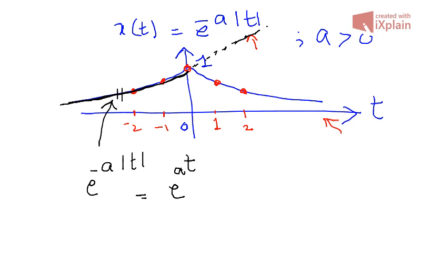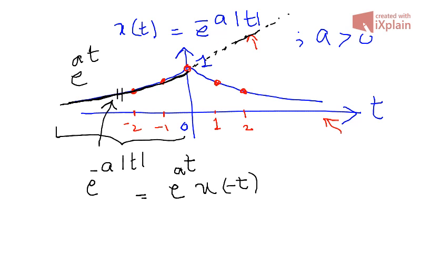This part which I plotted as a dotted line would be the plot for e raised to the power at, for an increasing exponential, right? So I can write it as e raised to the power at, but I just need this portion. So I would say this is u of minus t. U of minus t is a unit step function, which means that